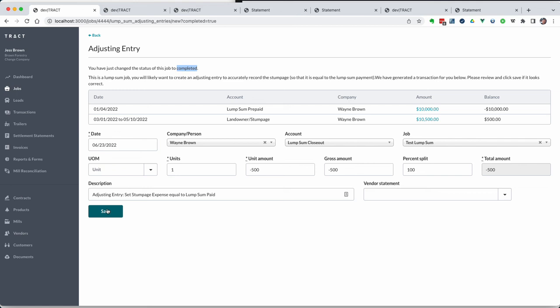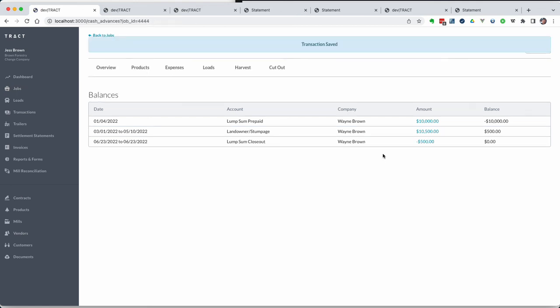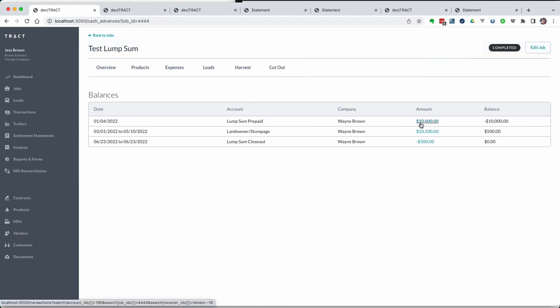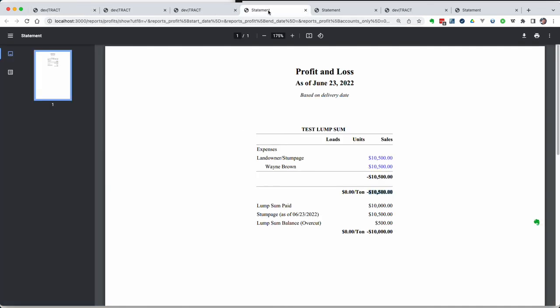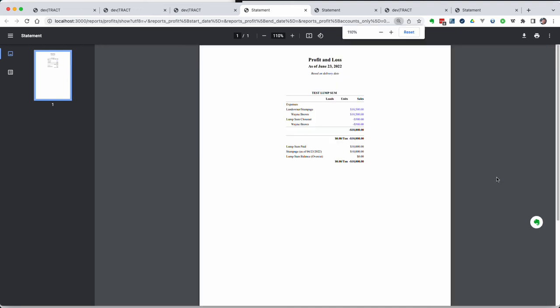So this time we're going to actually save it, and it's going to bring us back to our balances page. Now we can see in full detail how much we initially paid, what we accumulated in stumpage, and then our adjusting entry. And now our balance is 0, so we've closed out this job. We've set the stumpage equal to what we actually paid for stumpage. And if we go back to our profit and loss and refresh this page, it's going to show us in detail